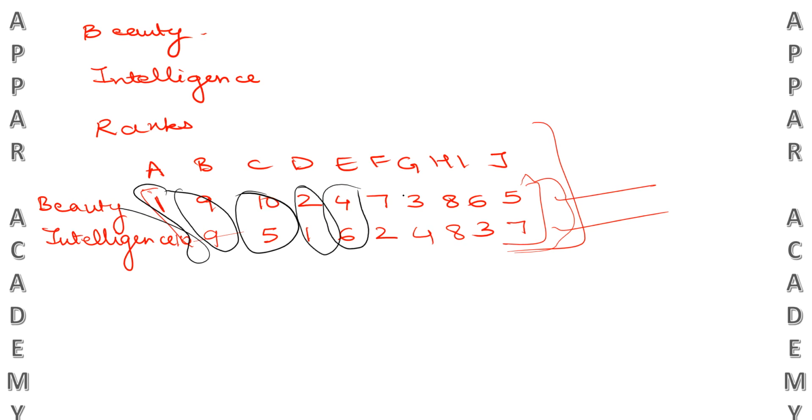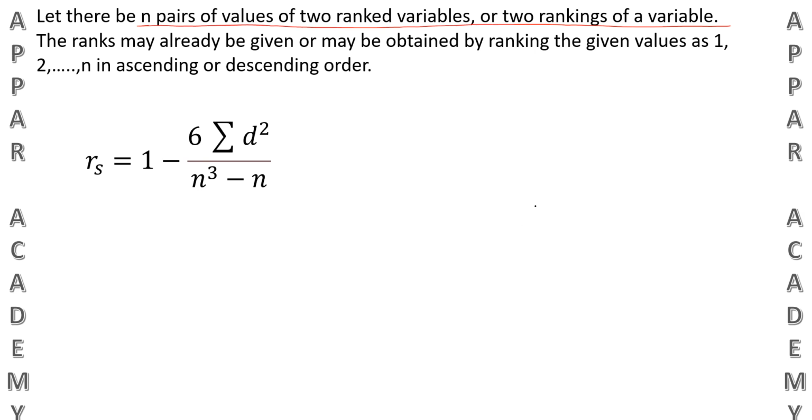So since we have n individuals over here, or 10 individuals over here, we are using these pairs, right? Since we have n individuals, we have these n pairs. The ranks may already be given or may be obtained by ranking the given values as 1 to n in ascending or descending order. This we have already talked about. Now we are saying, if this is so, where we have n pairs of values of two rank variables, then